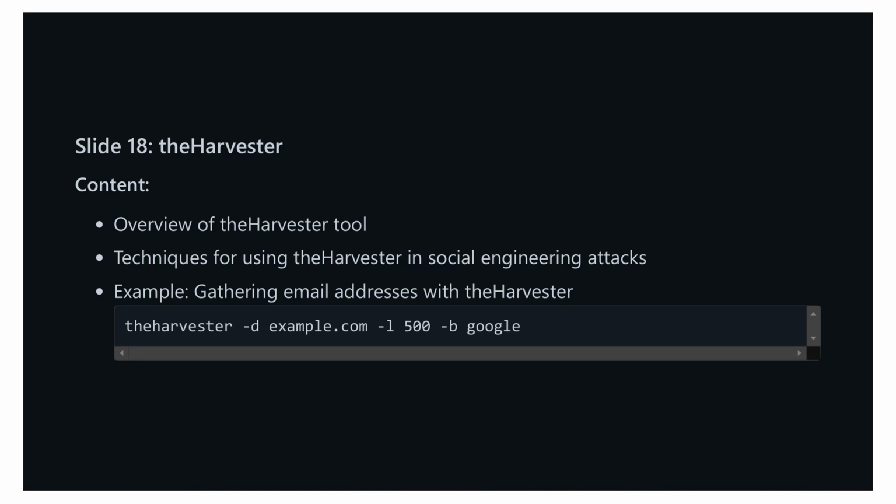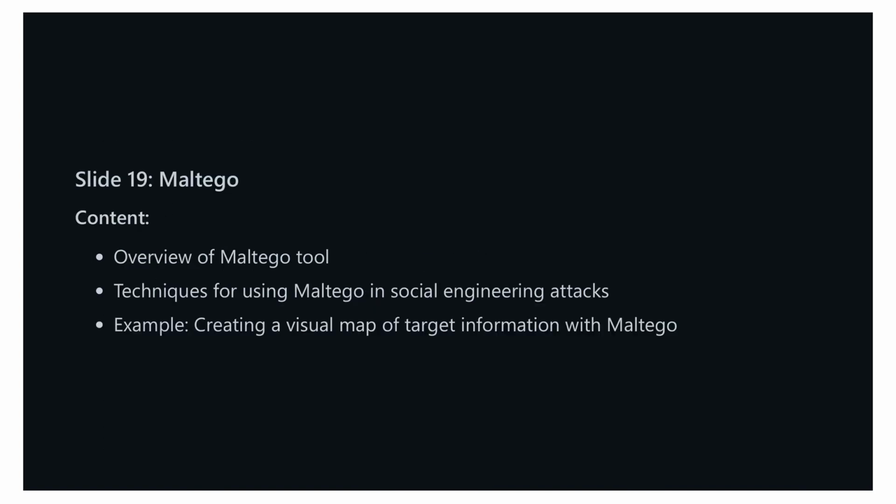Next, we will explore the use of Maltego in building a visual map of target information. In the previous slide, we discussed theHarvester and explored its various applications, such as gathering email addresses from specified domains. Now, let's dive into another powerful tool for social engineering and information gathering, Maltego. Maltego is a comprehensive data mining tool that allows you to map out relationships and find connections between pieces of